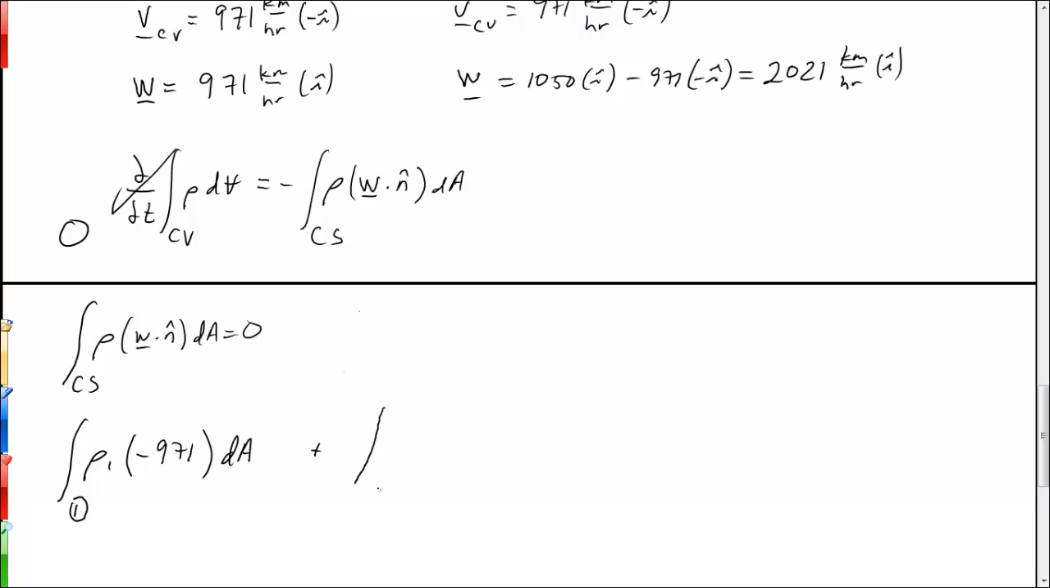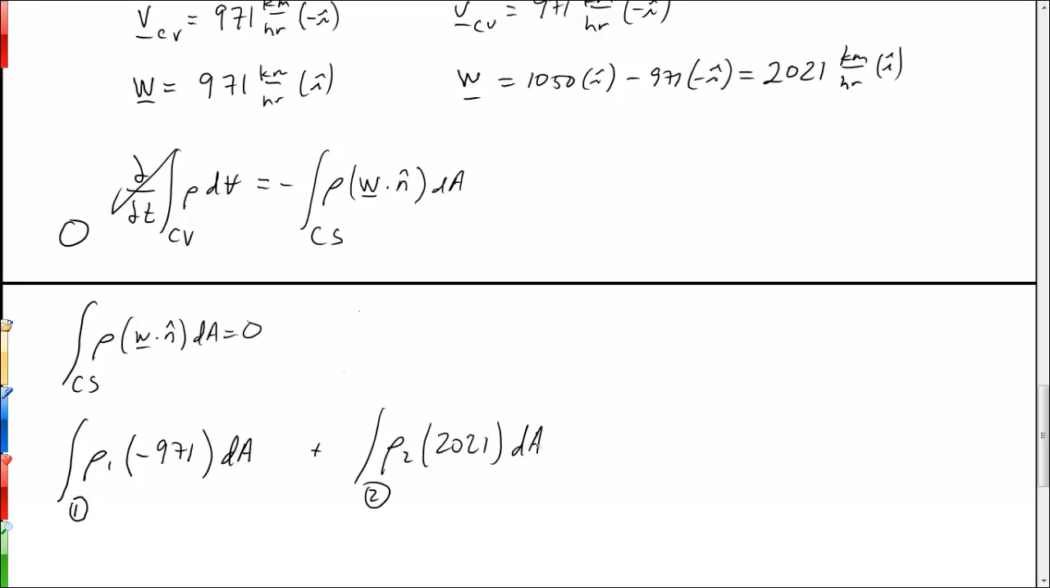plus at the outlet we have the density at the outlet times W dotted with n hat. Well, W for the outlet is 2021, and it's in the same direction as the outward pointing normal, so when I is dotted with I, you get 2021 again, integrated over the area. Plus we have a third control surface where mass is coming across, and that's where the